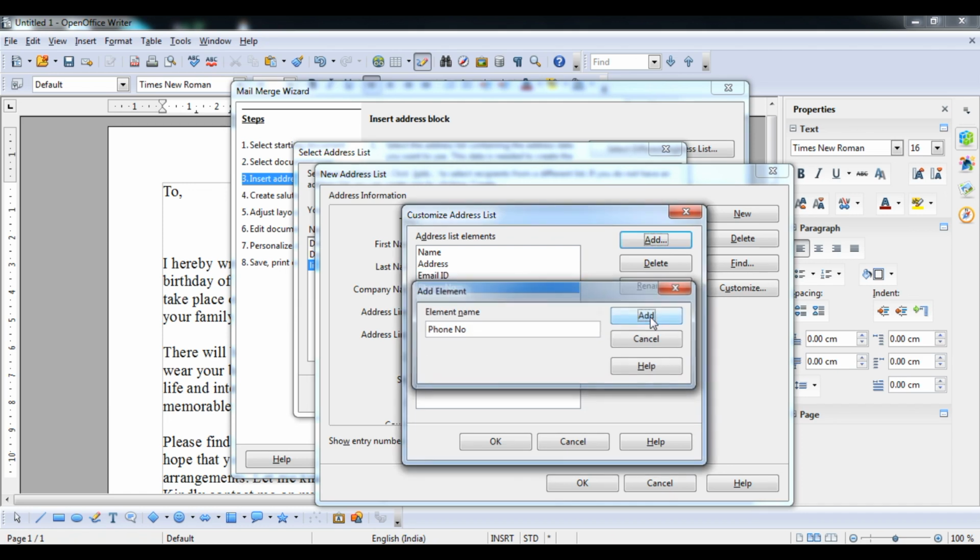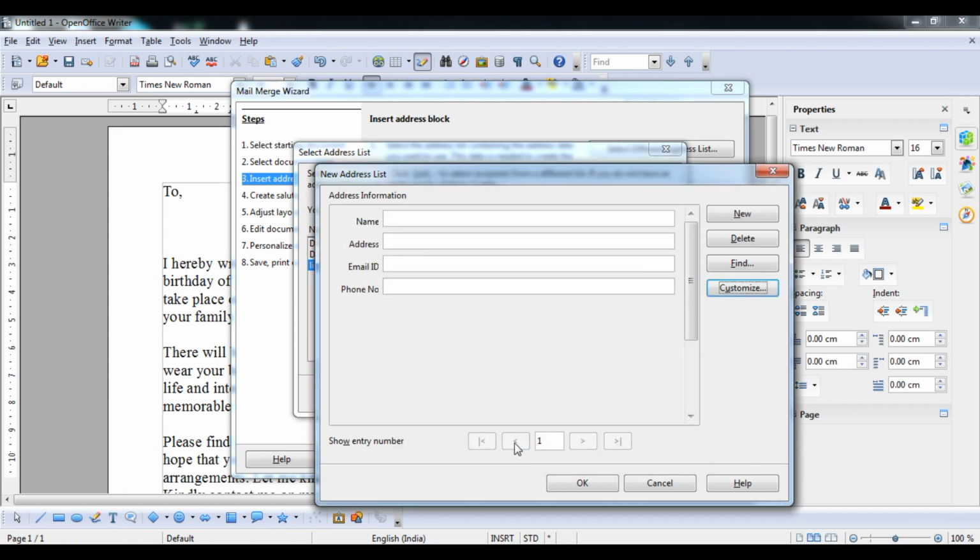I have added these, and okay, and I am going to provide the student name. Suppose Ajay Kumar, address is Almoda, ajay at gmail.com as email ID, phone number something like this.